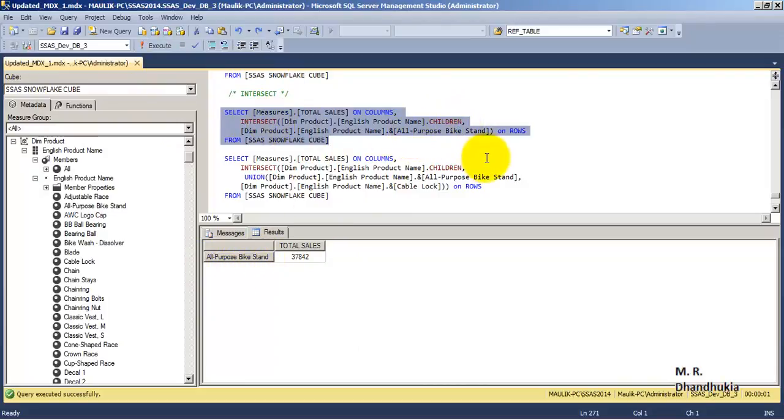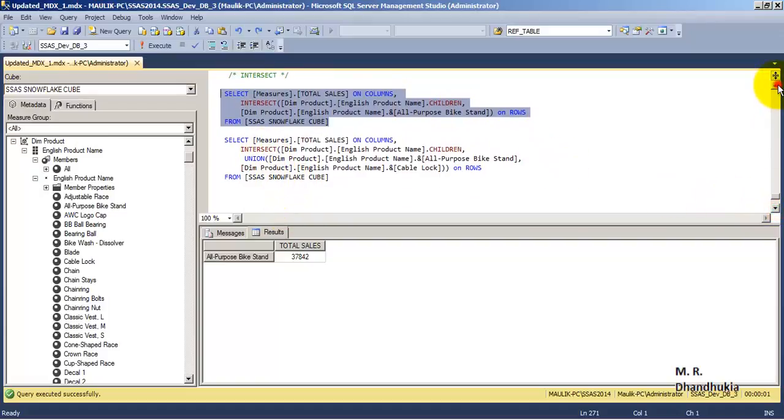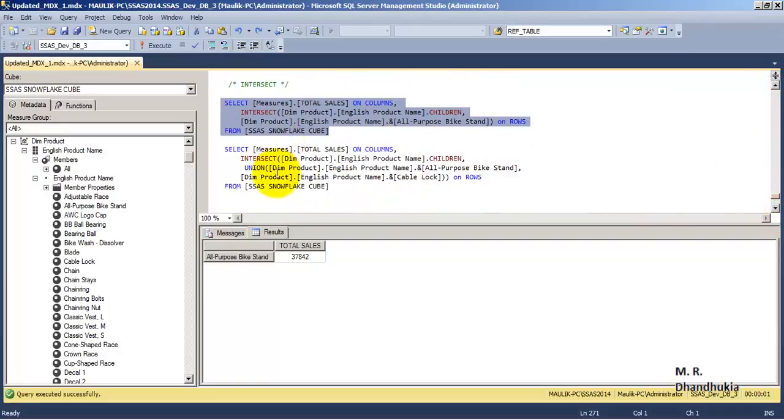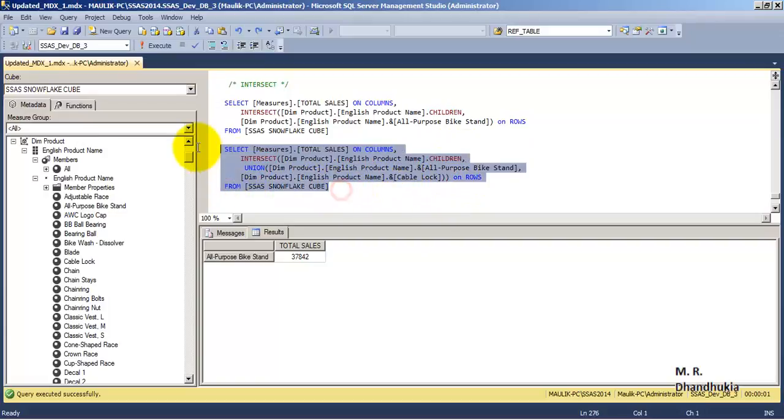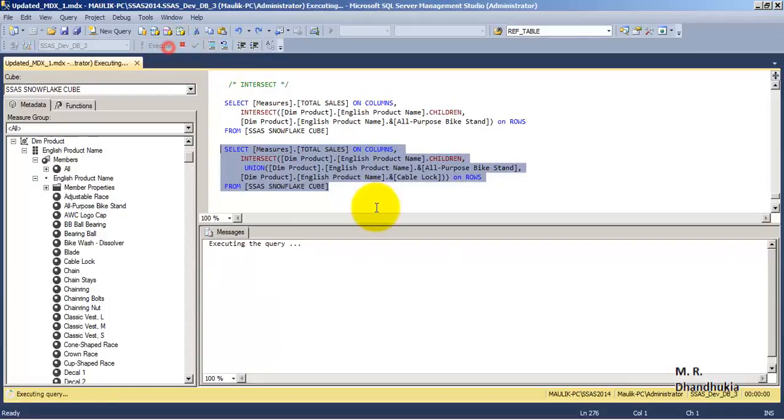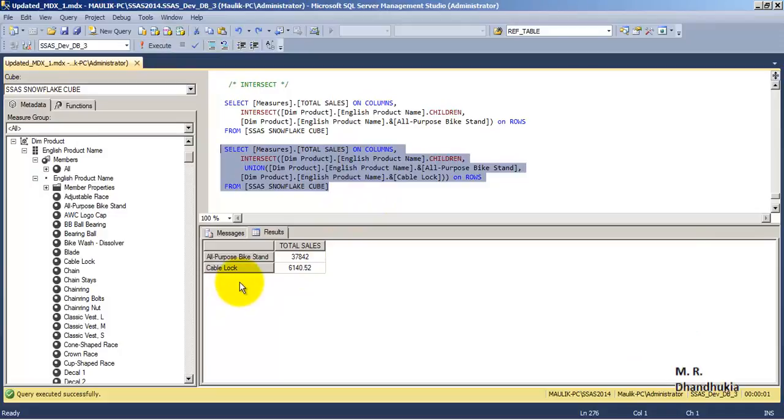Now we can see one more query, right? It is the same as the previous one, intersect, but we are using union to have the intersection of two rows with the whole set, right? Which means in union we are selecting two rows, all purpose bike stand and cable locks, and these two rows will intersect with all children. So we should get only two rows as the output. And let us see if we are getting the same output when we execute the query as per our expectation. And we are getting the same output as per our expectations, that is we are getting two rows,